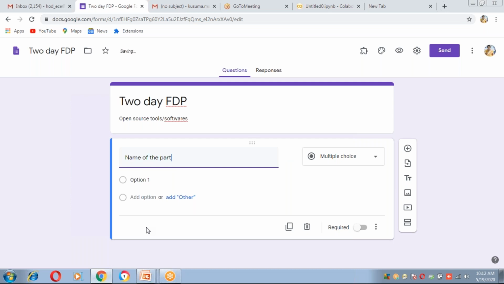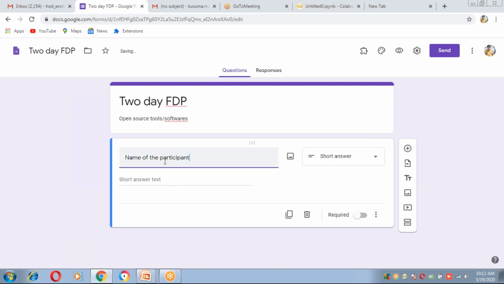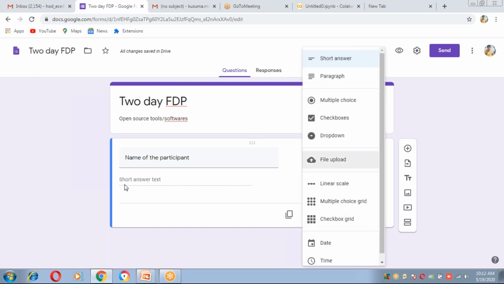Generally, for name of the participant, what type of answers can we give? This is the drop down box, and generally a name will be only a short answer. So that's why I'm clicking on the short answer one. Generally answers can be multiple choice, check boxes, drop down, likewise. You can upload the files also.